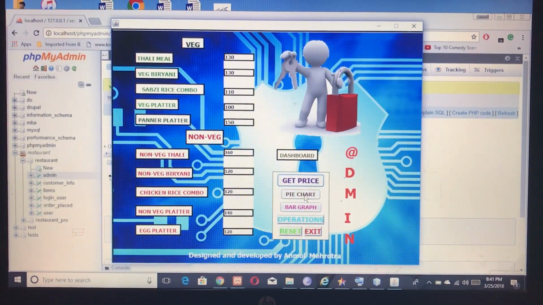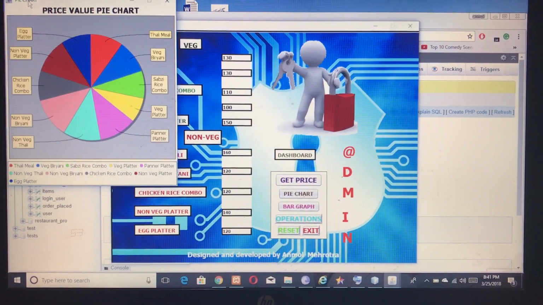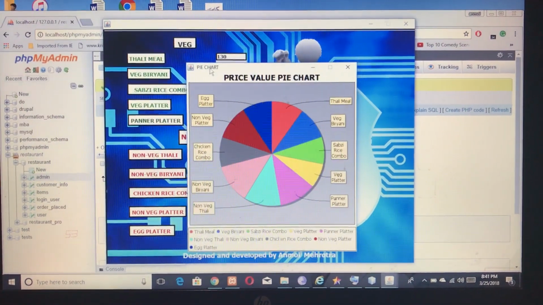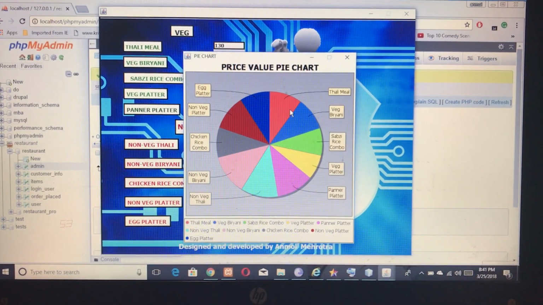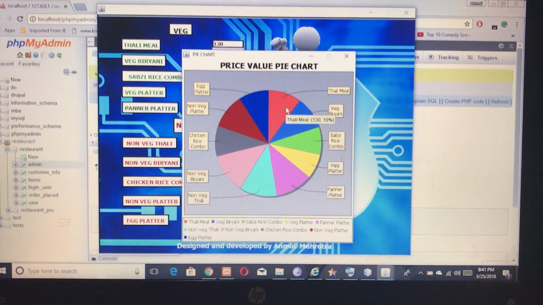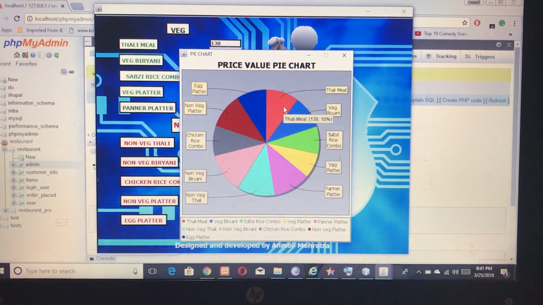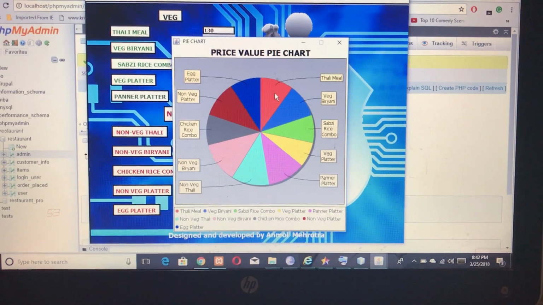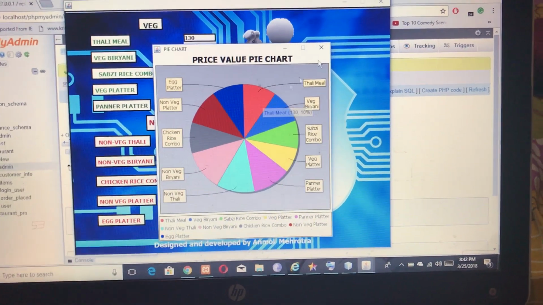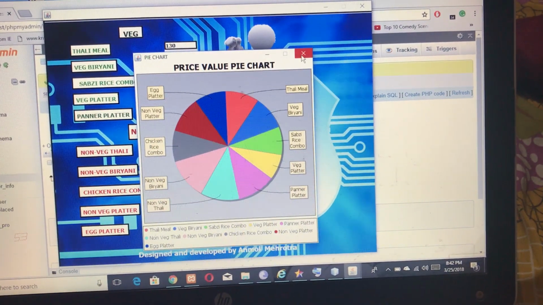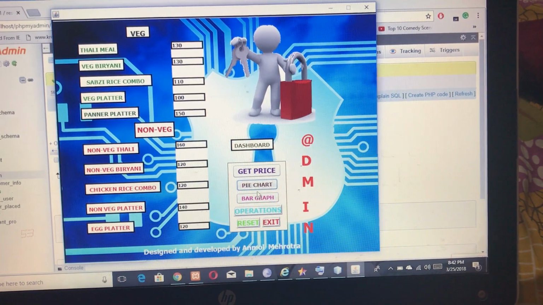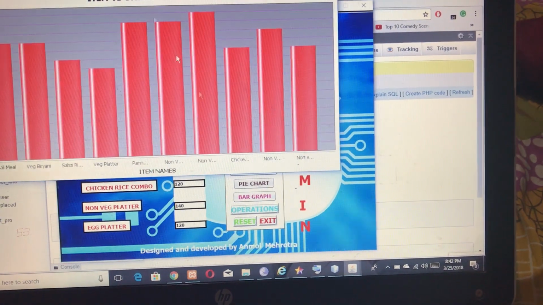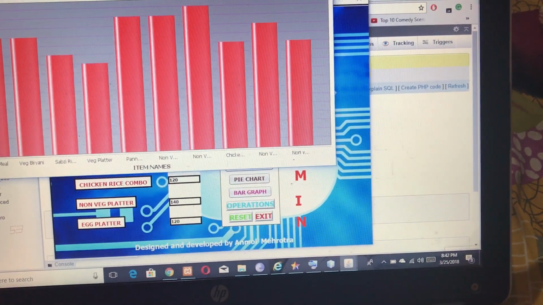If you click on pie chart, you will have the pie chart. You can see here, if I move the cursor down, that thali meal is contributing 10% to the revenue with 130 rupees. And if I click on bar graph,